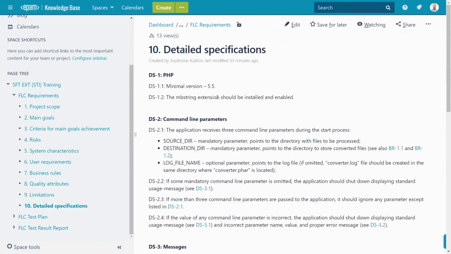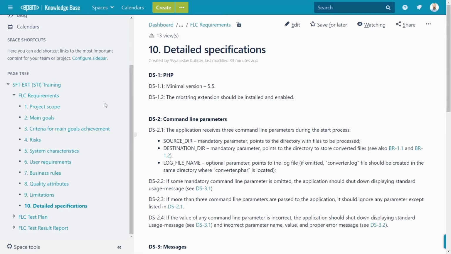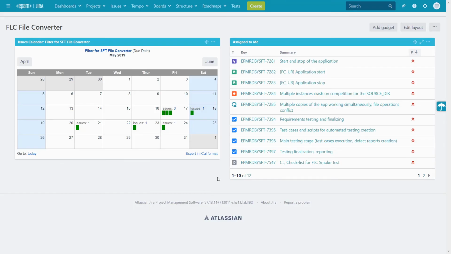So, of course, in real-life projects, if we are talking about huge projects, these sections may look somehow different. There may be more sections, there may be some subsections, or some sections may be absent or may be combined. That's okay. Here we see only main typical approach.